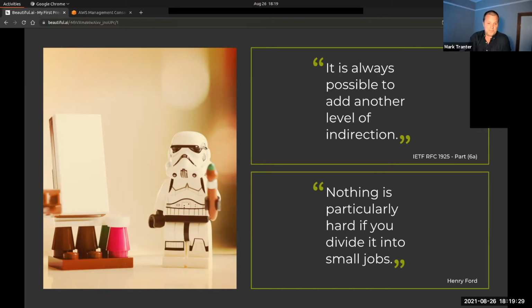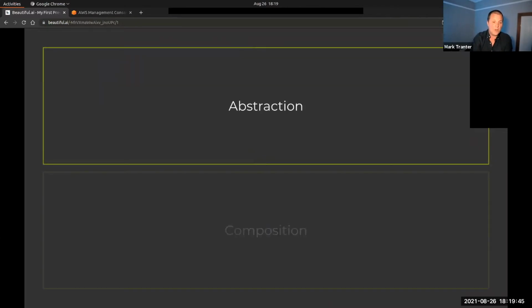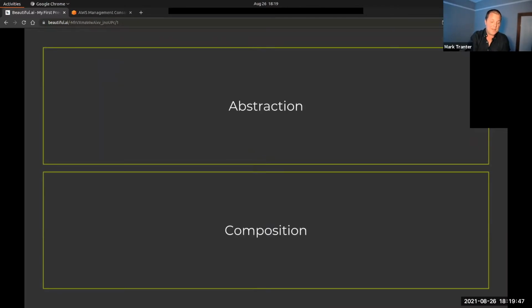It's always possible to add another level of indirection, which is the best part of the funniest RFC I've ever read. And Henry Ford, this is a good quote actually: nothing is particularly hard if you divide it into small jobs. And these two quotes can be spoken about in two other ways that we know really well in software engineering, and that is abstraction and composition.